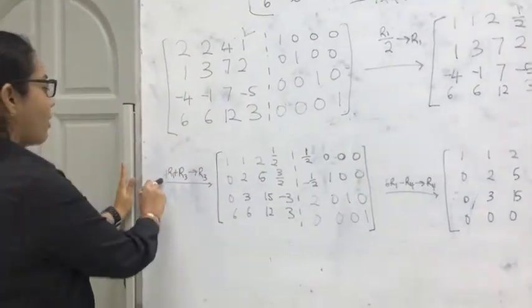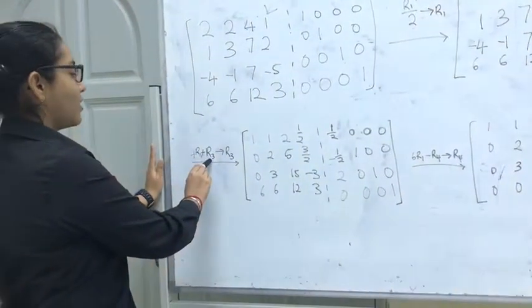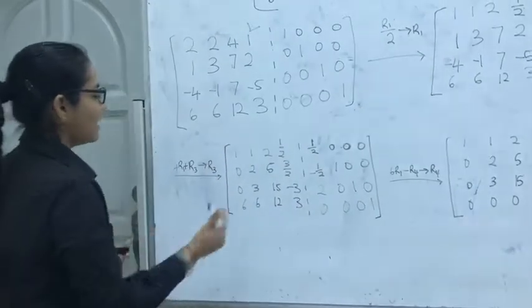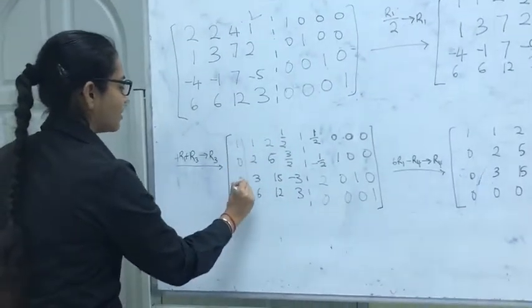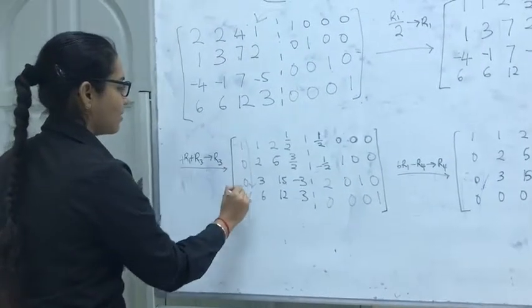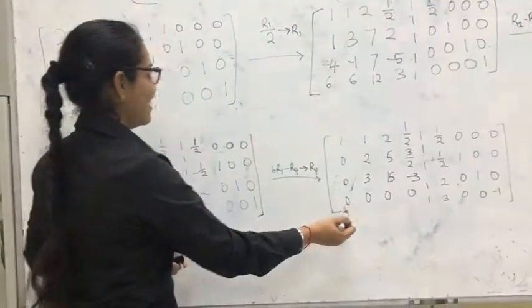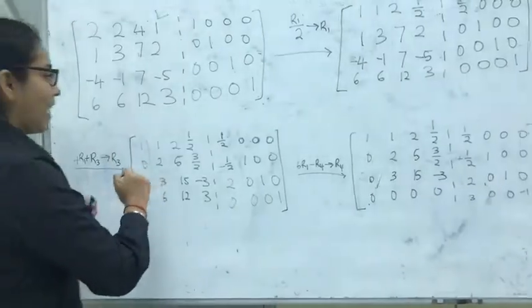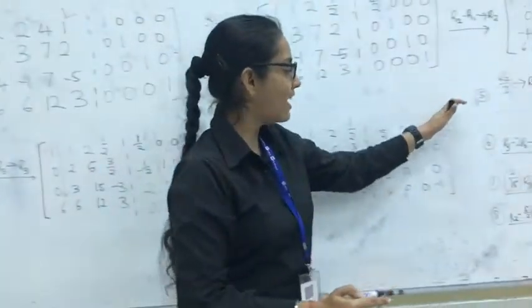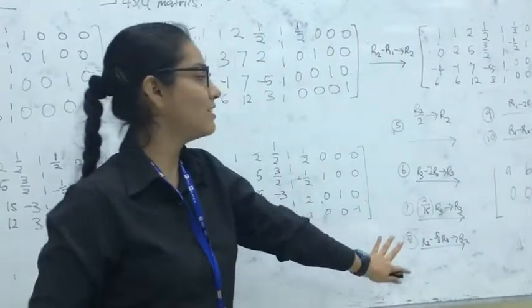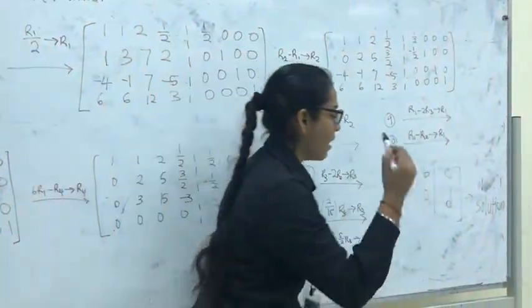When you do 4R1 plus R3 equals R3, you keep doing it. As you can see, the pattern is going downwards. You're getting 1, 0, 0, and then you see you get a 0 here. Then as you go on, which is 5, 6, 7, 9, 10, these are all the equations where you will get,